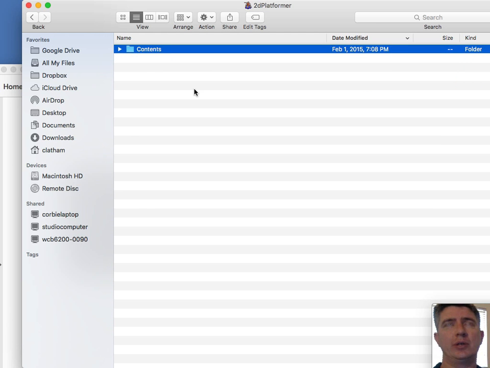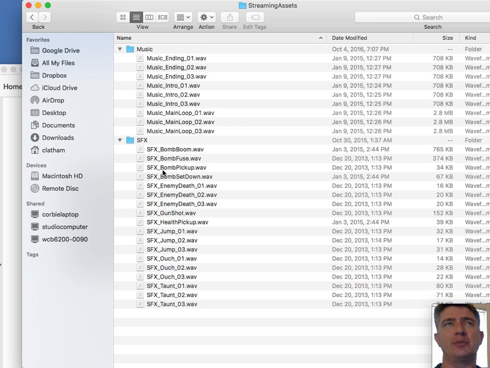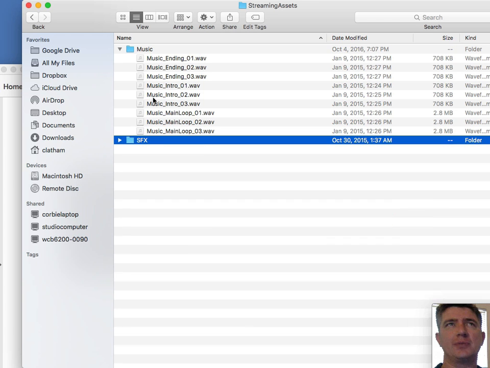But you should always place your music into the game and check out how it works. So again, you go to Contents, you go to Data, you go to Streaming Assets, and you'll find two folders, Music and Sound Effects. This is where you place all of your music. Maybe you've already done this. You can take your 9 files, put it into this folder, and the game expects that these files are going to be there